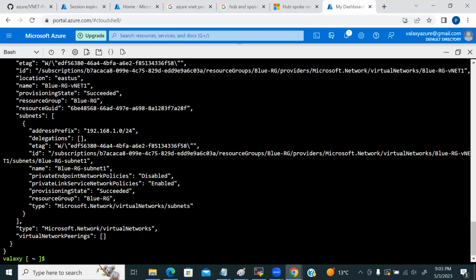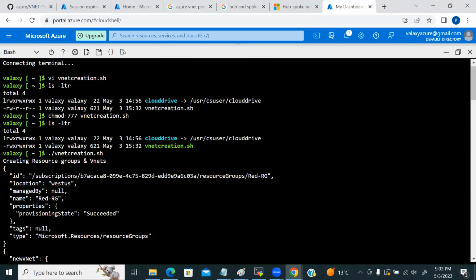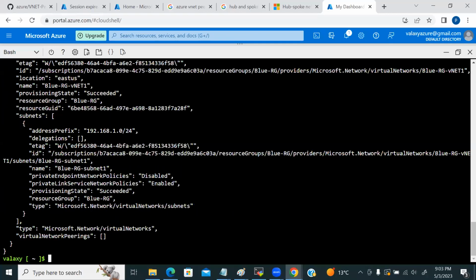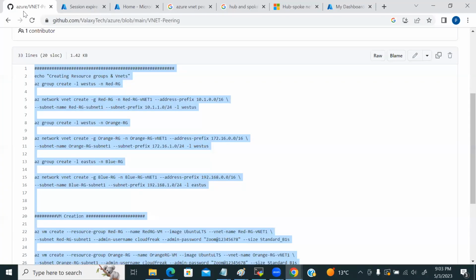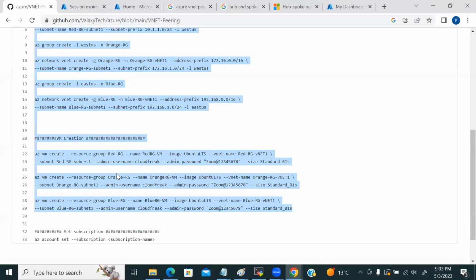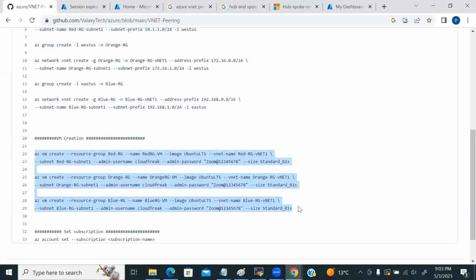It's done. No error. Just go through, because sometimes some errors you can find in the complete output, but I don't see any errors. Fine. And the same way, we can also complete the VM creation also. So for VM creation, I'll just copy these three commands